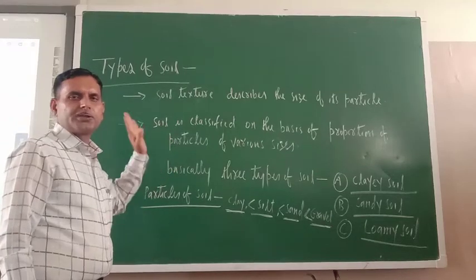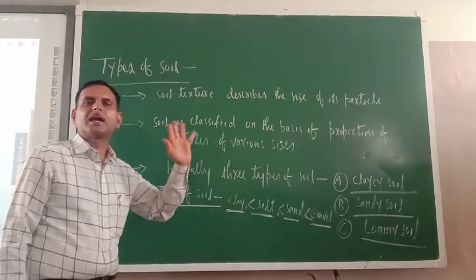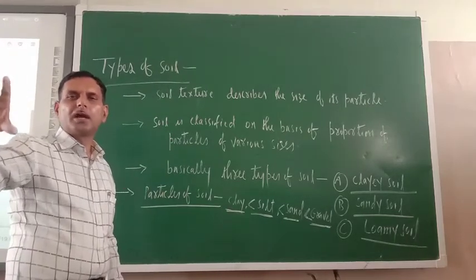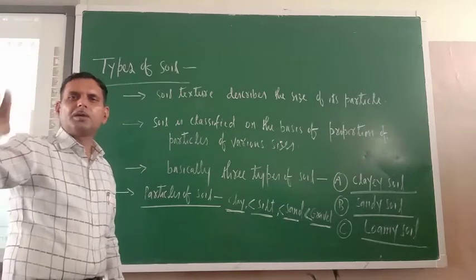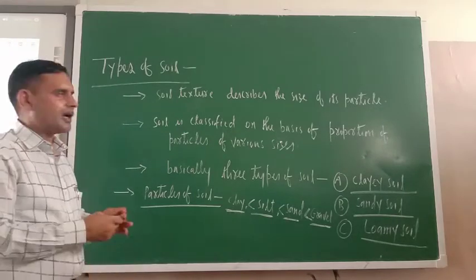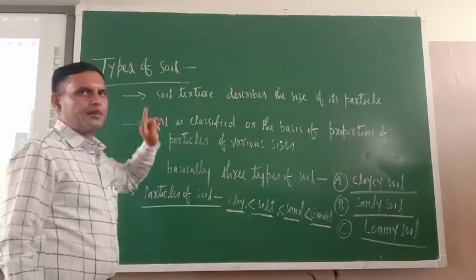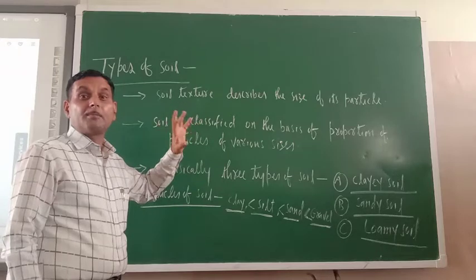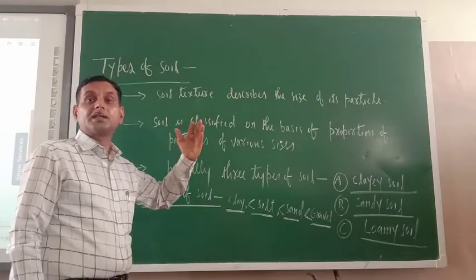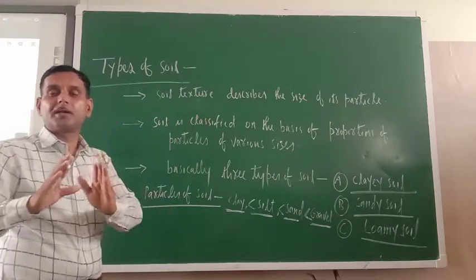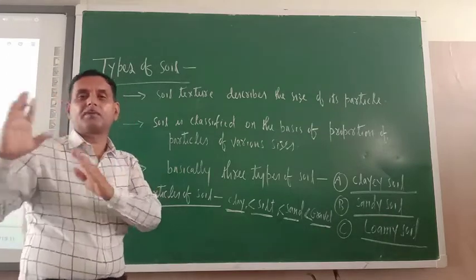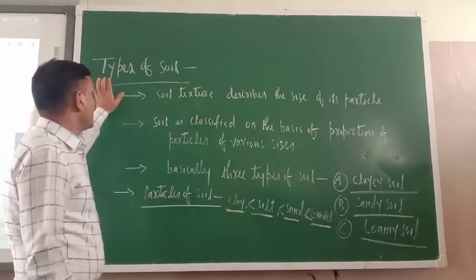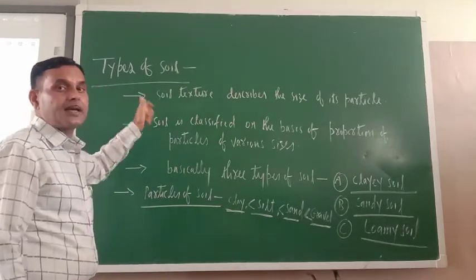Dear cadets, today we have completed the soil profile, and the different layers of the soil profile are known as horizons. So, A horizon, B horizon, C horizon, and bedrock. Everything we have completed. If you see carefully, in different horizons the size of particles is different. In A horizon, the size of particles is different from B horizon. B horizon particles are different from C horizon, and like that from the bedrock. So now I am going to teach you types of soil.